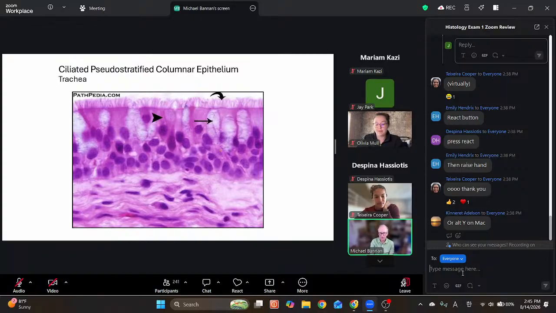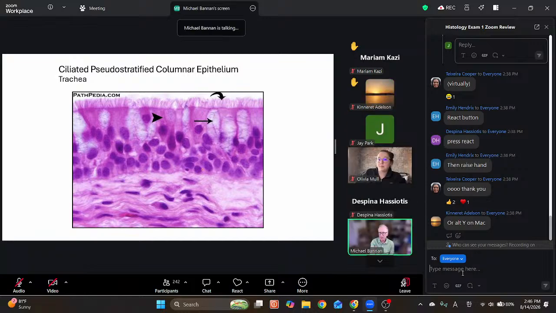If you see this picture, this is ciliated pseudostratified columnar epithelium. Now, Zachary was talking about the idea of pseudostratification. Look at this. See the different levels that the nuclei are at? It looks like these cells are piling up on each other. But in fact, there's a drawing in the lab PowerPoint that shows that these cells all go from the surface all the way down to the basement membrane. It's just that the nucleus is at a different level. So it's not a truly stratified epithelium. It looks like a stratified epithelium. Does that make sense? So pseudostratified ciliated columnar is very characteristic of the respiratory tract, particularly the trachea and the